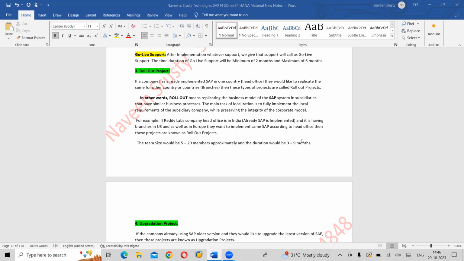So as you said, we will lift and shift 85%. Correct. It may differ because of tax rates and all, depending upon the country. So will that part be done by us, or will we be reaching out to the ABAPers? We're not going to reach out to ABAPers, because SAP has already provided the tax procedure for all the countries, and all the requirements as per the country. We, as consultants, are going to do it, not the ABAPers. It's not a specific requirement, it's a general requirement only.